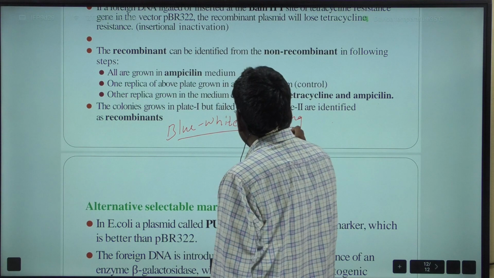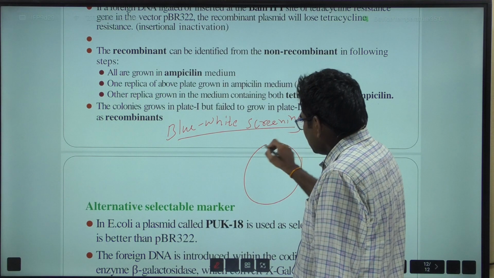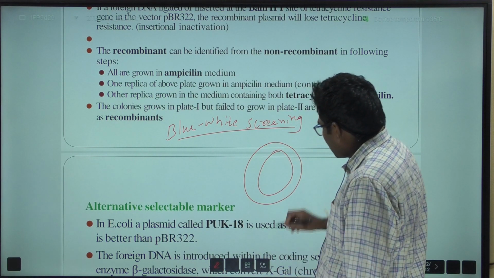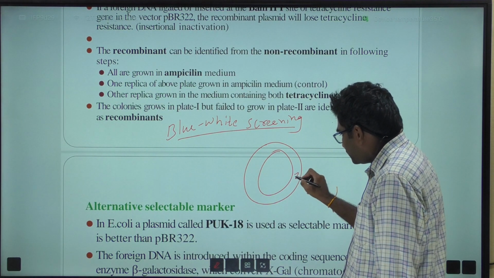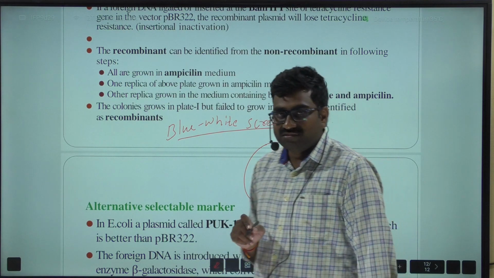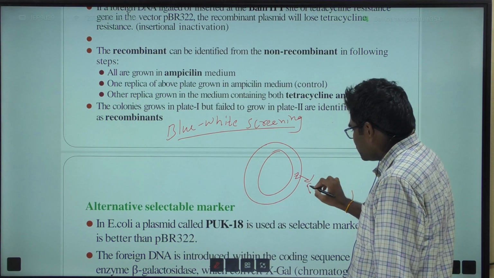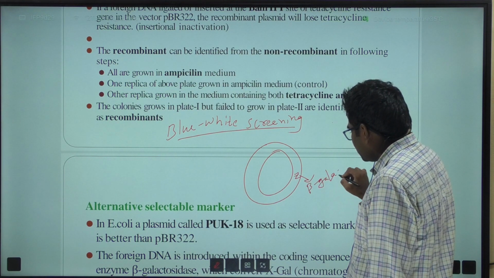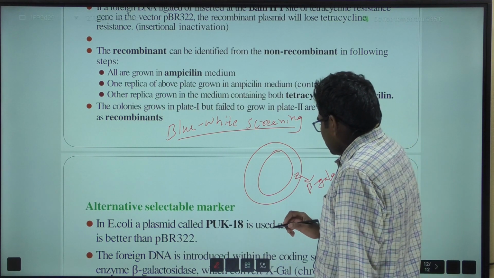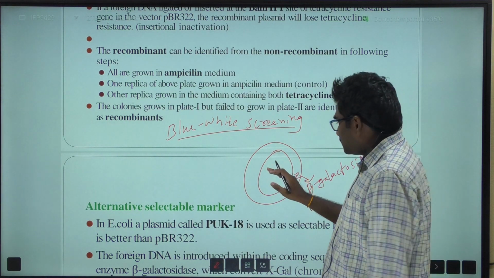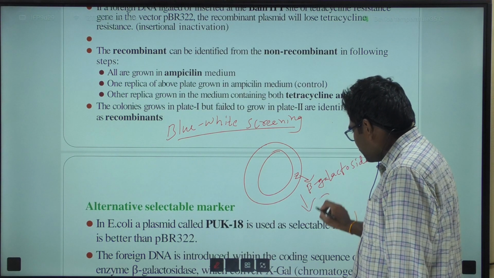Screening method, right? So here in this method, if the gene of interest is inserted near the lacZ gene, the lacZ gene is responsible for the synthesis of beta galactosidase. This gene is responsible for beta galactosidase, right? So if this bacteria or this host grows on